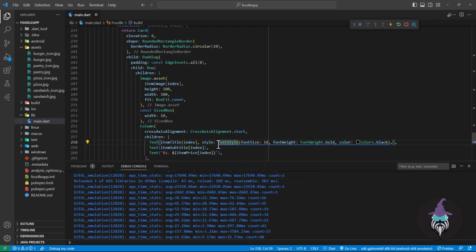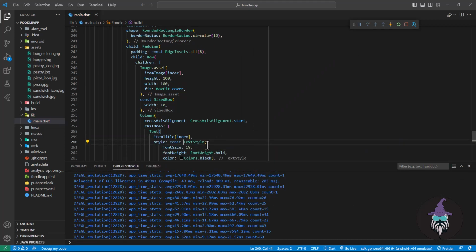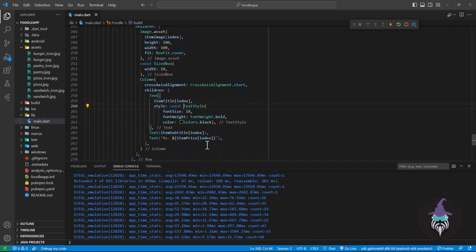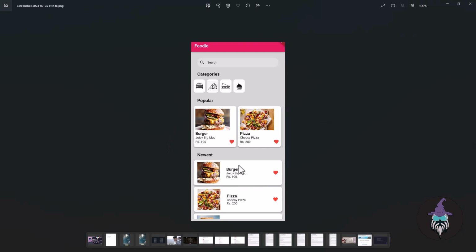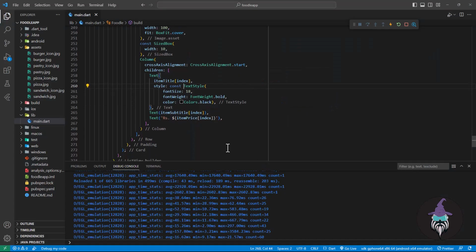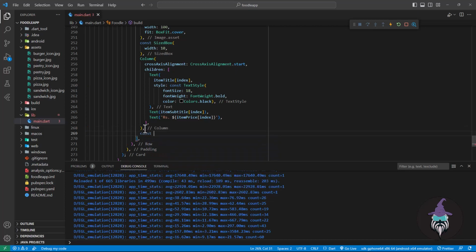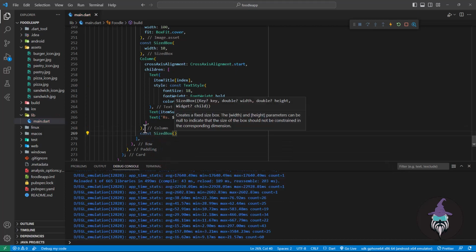So make this text style a constant, reformat again, and the next is some spacing. So again, a size box. So after the column, constant sized box of width again, so width of, let's say, 180,